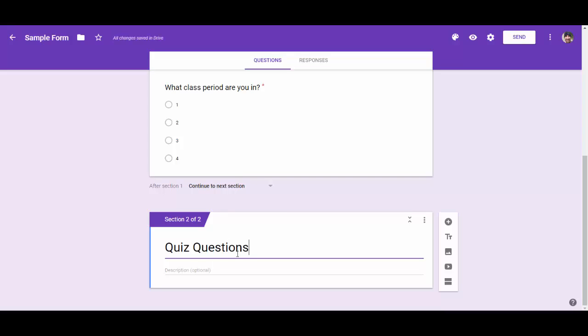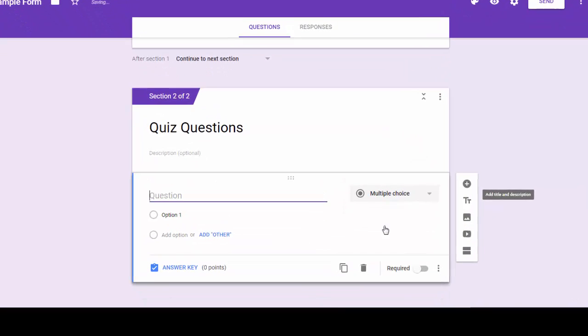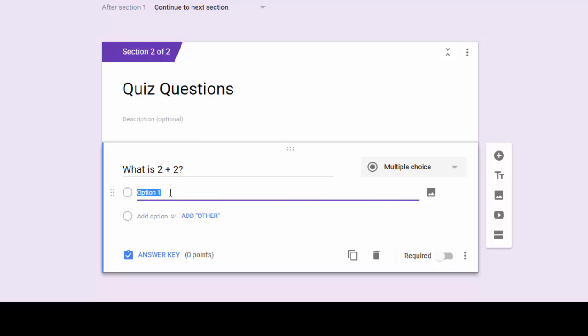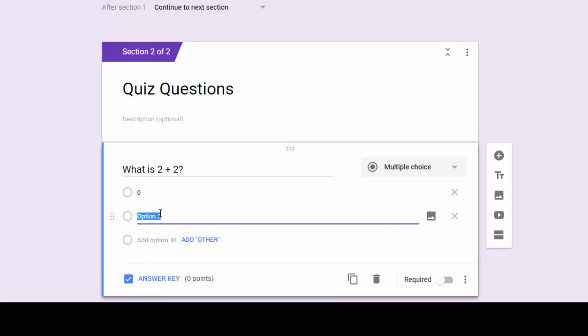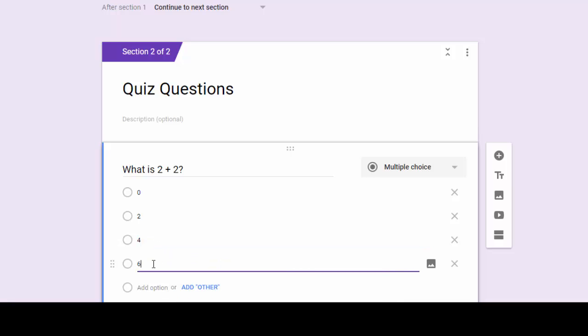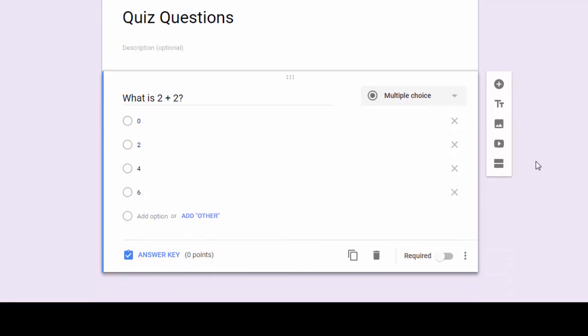So let's see how we create questions that grade themselves automatically. So we need to create a new question. We went over this earlier in the video, so just hit the plus sign. I'm going to type my question where it says question. What is 2 plus 2? So now I have to have options. So my options are going to be 0, 2, 4, or 6. Now, teachers, you are going to love this because this is actually going to grade these questions